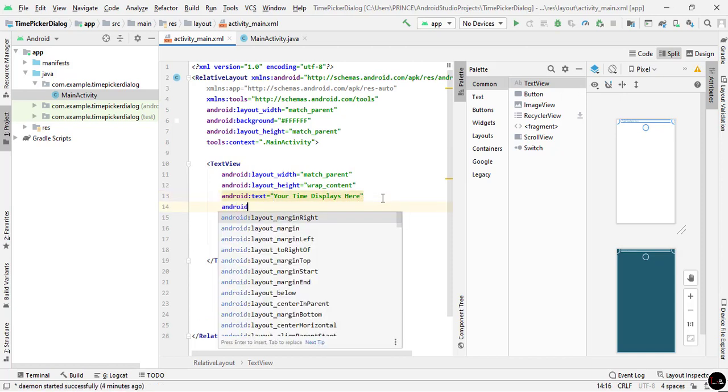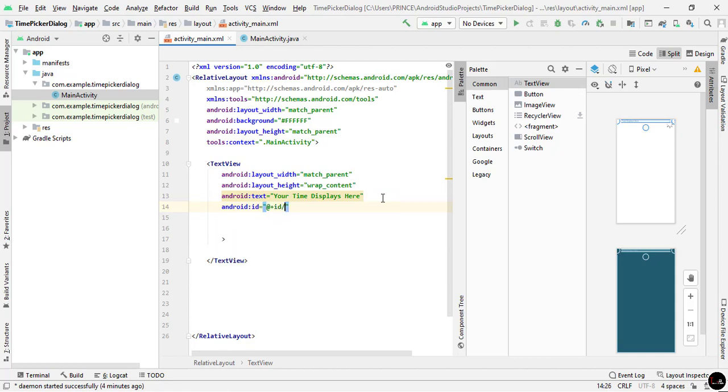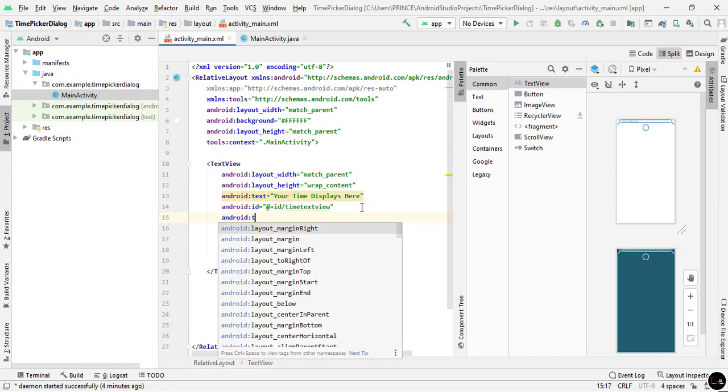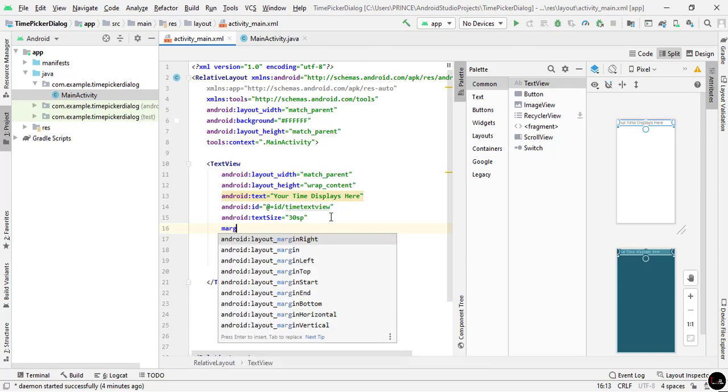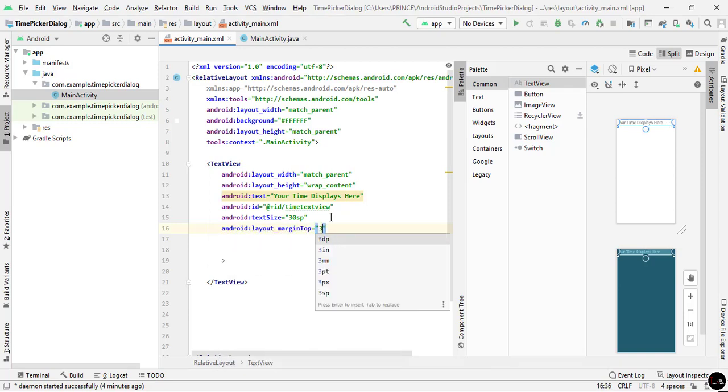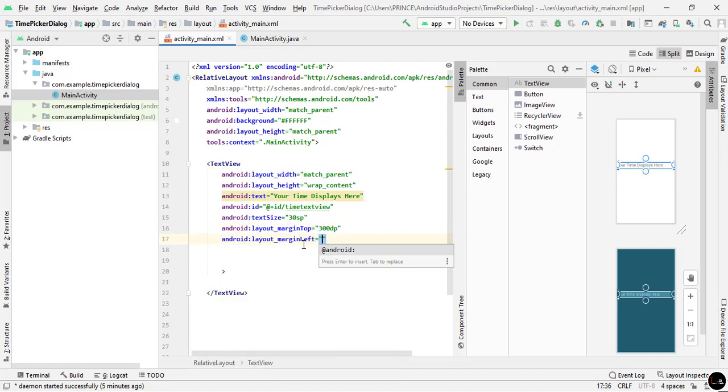Give the ID to access in the Java file, so type android:id and give any ID name. I give timeTextView. Now set the text size. I set the text size to 30sp. Set the margin top. I set the margin top to 300dp. Now set the layout margin left 10dp and also the margin right 10dp.